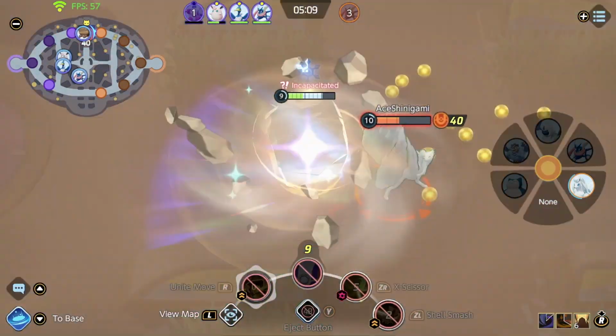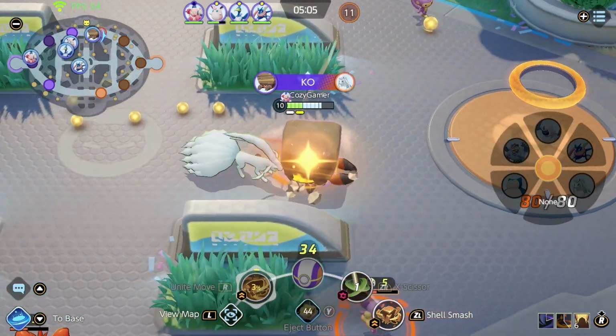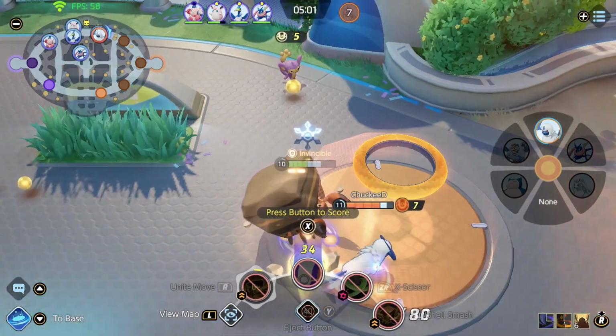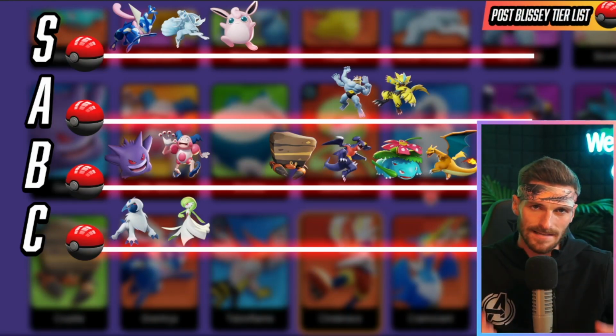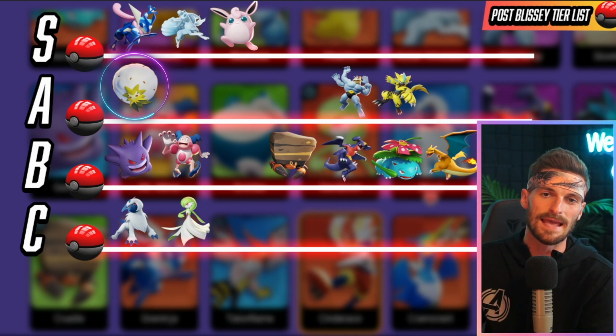Rock Tomb got a buff. As the one and only Terraform kind of Pokemon in the game, I think that he's the catch-all, and I can probably see a lot more Crustle play out there. Comes online very fast. Strong damage, great lane presence. I love Crustle. Eldegoss has fallen from the S tier and is going to end up in the A tier